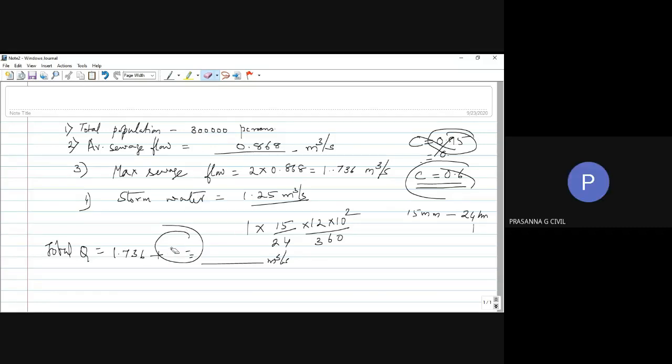2.08. So what is the total then? So your total will be 3.81. Okay. Now you have Q is equal to A into V. Here V is maximum velocity, which is already given to you. Q is 3.81. Substitute A as pi d square by 4. V max is given as maximum velocity 3. From this, you will be able to give me the answer for D. That's the last part of the problem.